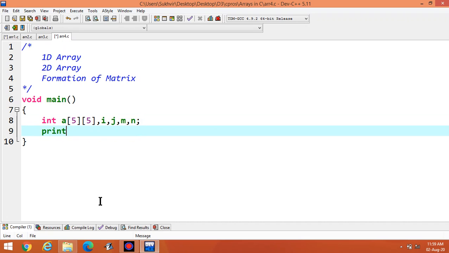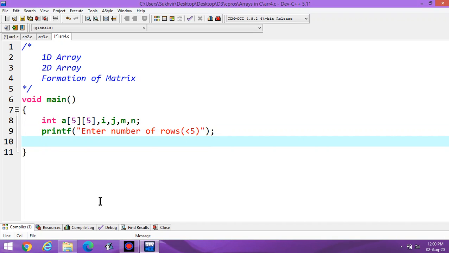Then printf enter number of rows. Inside bracket you can write less than 5. Then scanf %d, ampersand m.